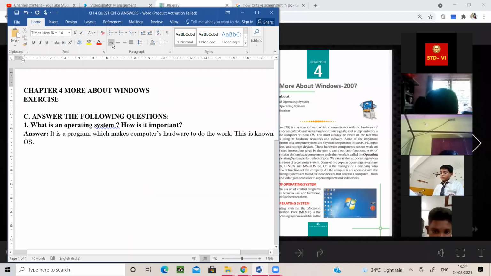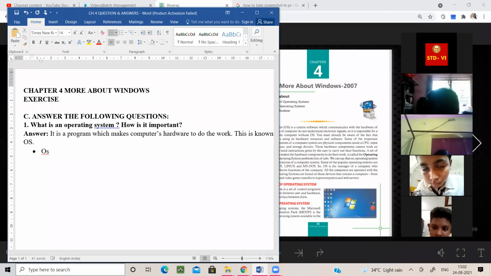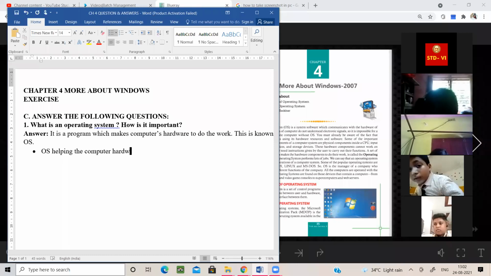Okay, so first point here you write down: OS helping the computer hardware.